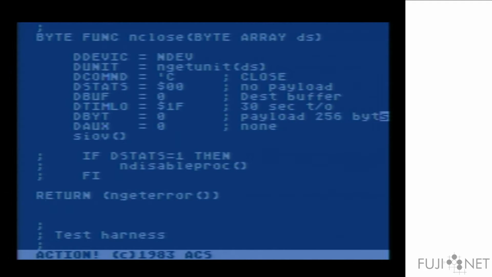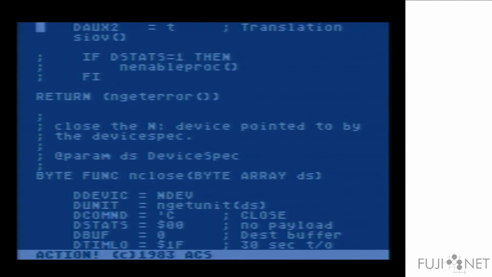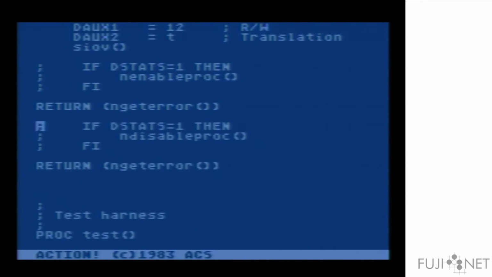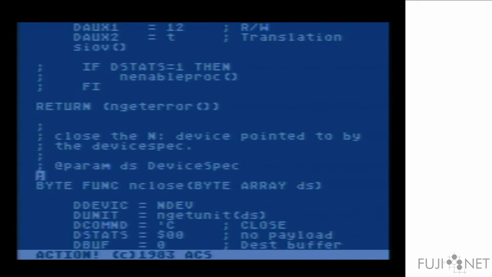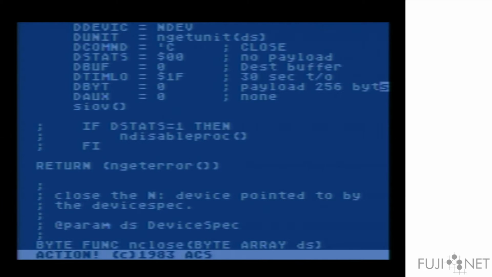So there's in open, in close, and we've got in status, which essentially means we're left with two functions left to do what we need for reading and for writing. So we'll borrow this guy as a little blink. We'll borrow this guy and use him as a template down here. The description's different, so